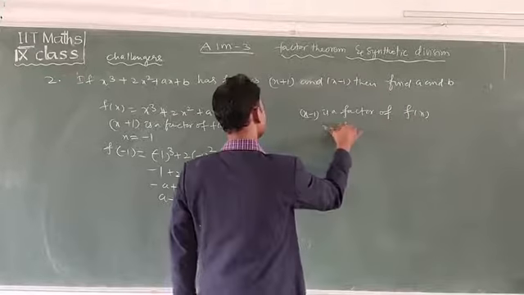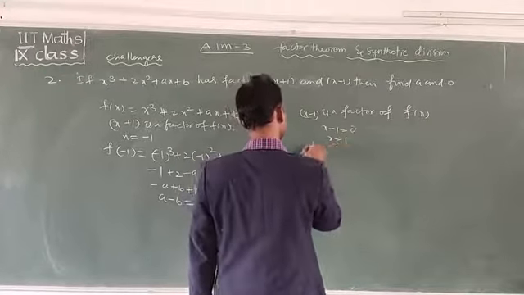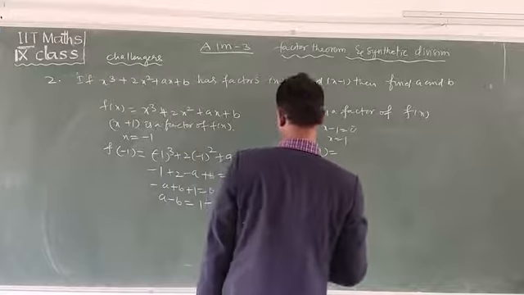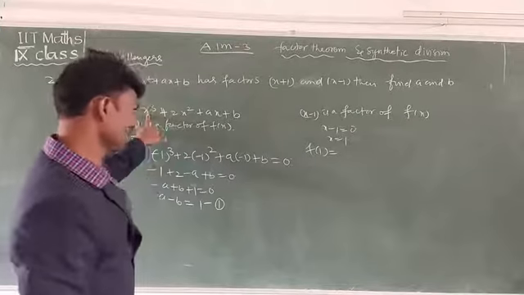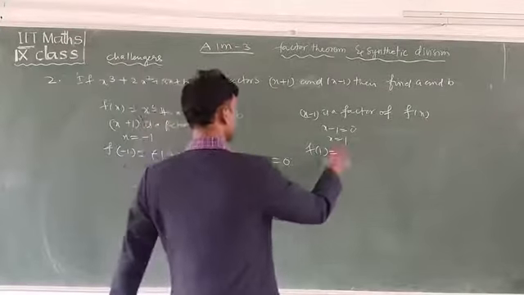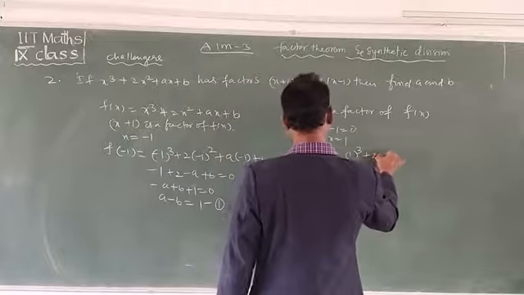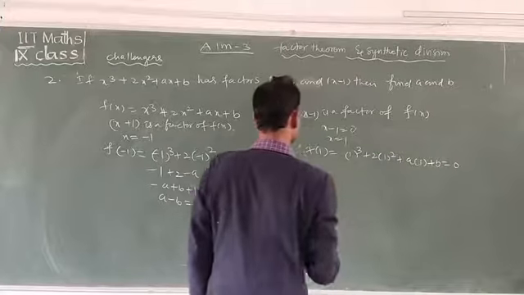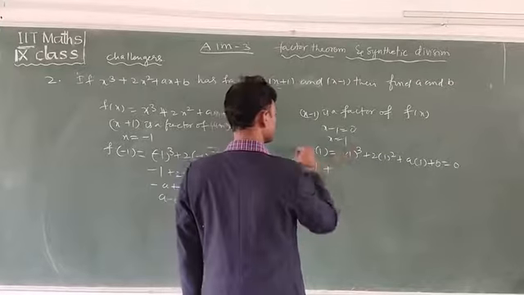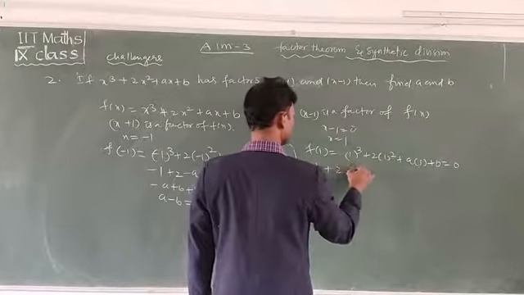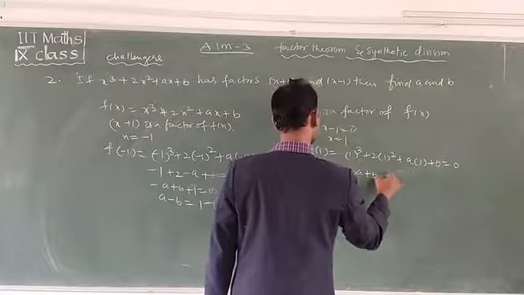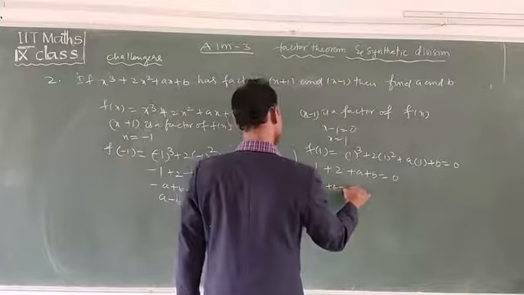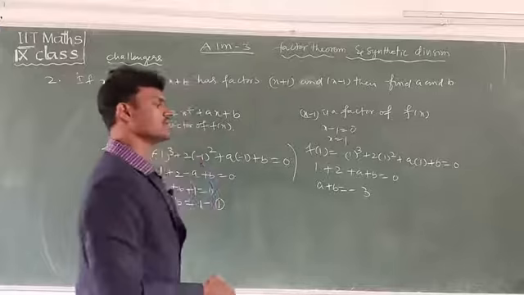Then x minus 1 is equal to 0, then x is equal to 1, then f of 1 is equal to, you can write it, where it is x instead of, you can write here 1. Then 1 cube plus 2 into 1 square plus a into 1 plus b is equal to 0. Then 1 cube is equal to 1 plus this is 2 plus a plus b is equal to 0. Now a plus b is equal to minus 3. 2 plus 1, 3. Set that side.